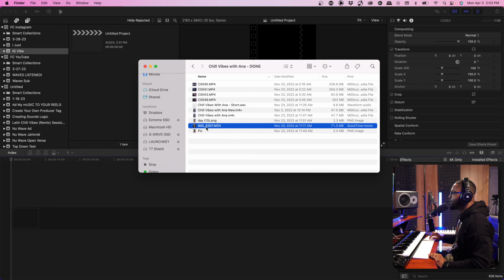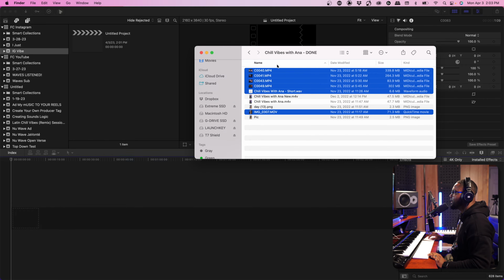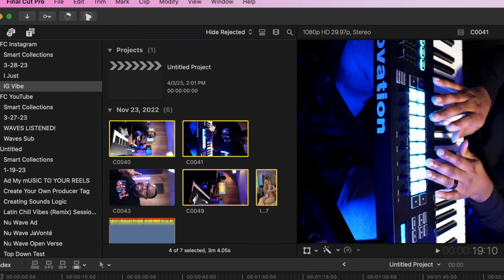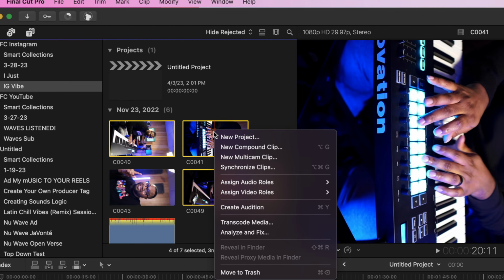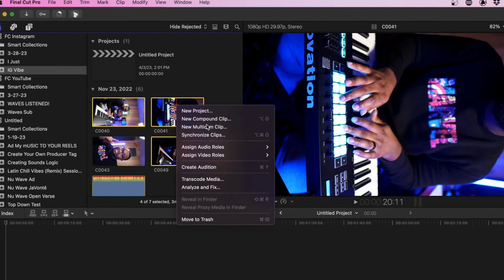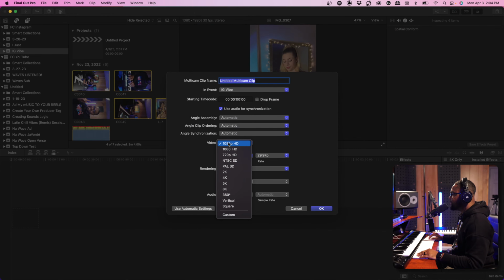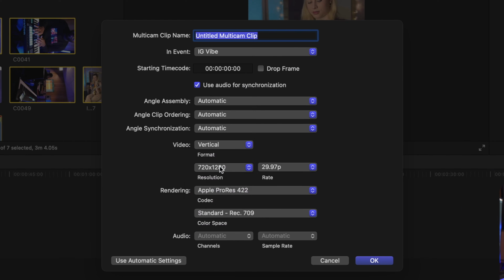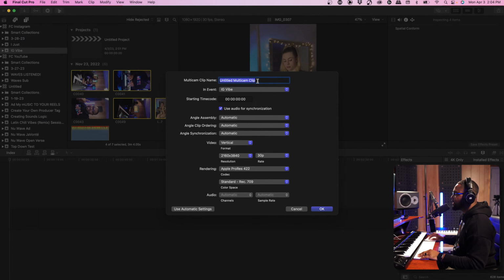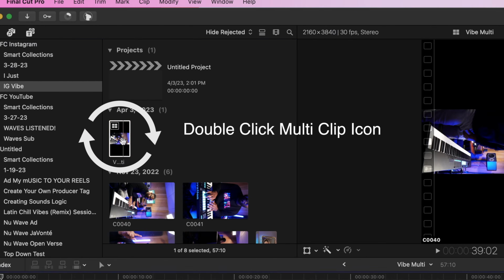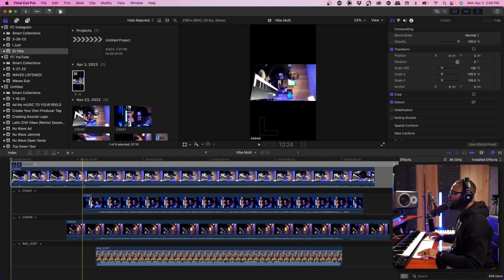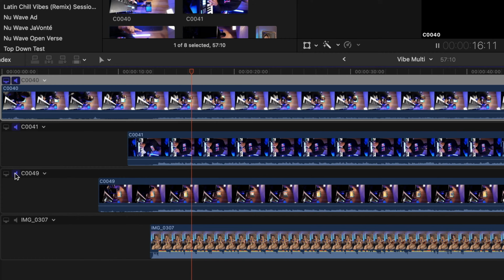So what I'm going to do is take all of this and bring these into Final Cut like this. I'm going to drag all of this in, highlight all of those, right click, and then do new multicam clip. Same thing, we're going to set this up to be vertical, then 4K, and this is 30 frames per second. Final Cut can analyze all of these clips and say, oh, okay, these all line up right here. So if I turn on the audio for all the tracks,